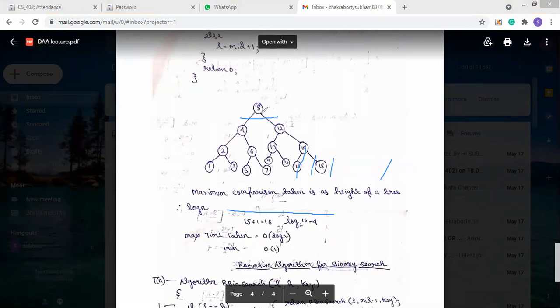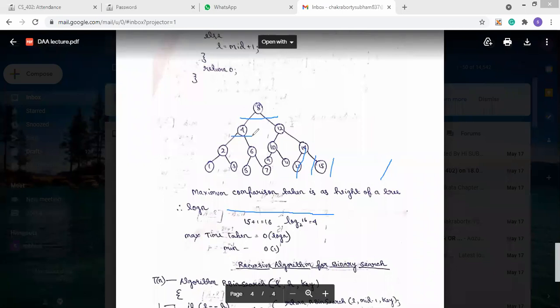Then in the left portion, the list is now in two parts, 1 to 7 and 9 to 15. For 1 to 7, the mid is 1 plus 7 by 2, that is 8 by 2, which is 4. The left portion mid will be 4.